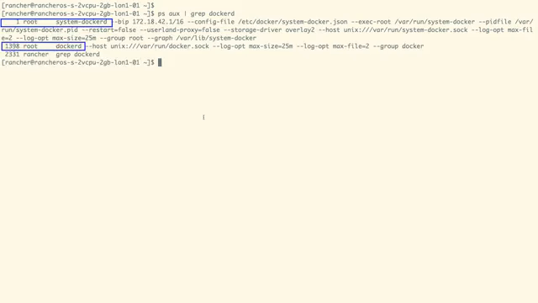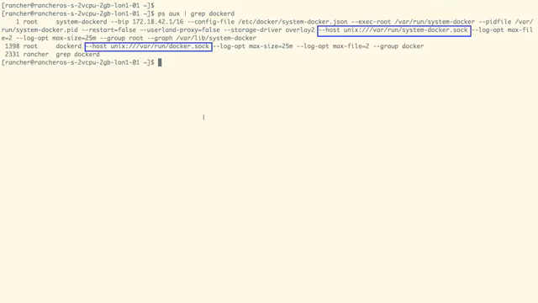Hi, in this demo, we're going to explore RancherOS and see how we can start containers on top of it. As mentioned earlier, RancherOS runs two Docker daemons, one for the system services and one for the application containers. As shown on the screen, we are running two Docker daemons and they are listening on two different Unix socket